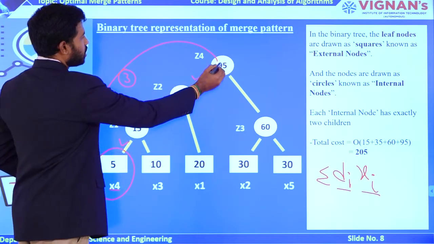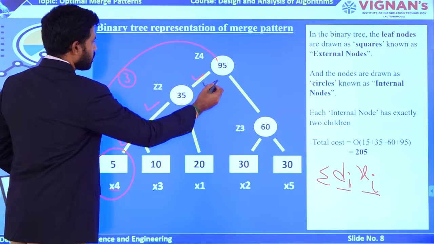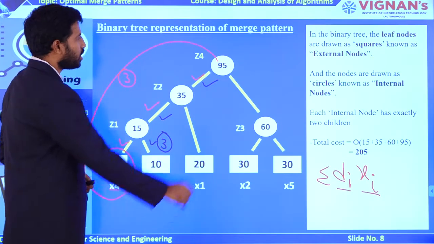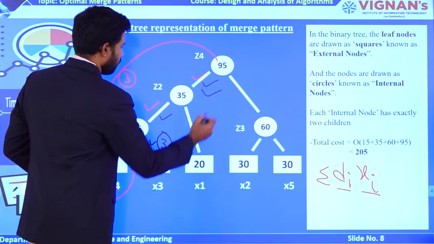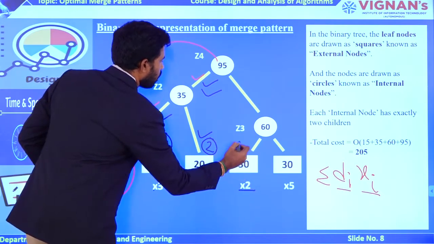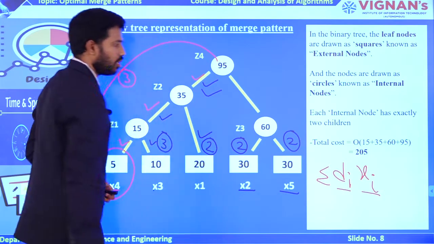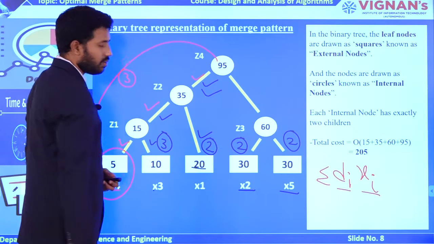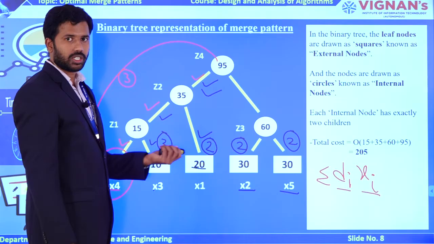Now what is the distance from root node to x3? At how many levels is it available? Here first level, second level and third level, so the distance is 3. Now what is the distance from root node to x1? At how many levels is it available? Here first level, here second level. So it is available at a distance 2. And what about x2? x2 is also available at a distance 2. What about x5? x5 is also available at a distance 2. So with the help of the distance, as well as the multiplication by the particular individual file size, I am going to be able to get the total time complexity also.